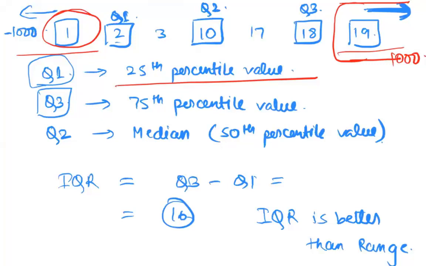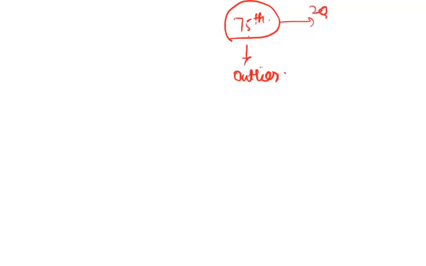Somebody is saying, what if the outlier is at Q1 or Q3? Calling something an outlier means that they are rare values, right? If it's rare, there is no chance that it can come at the 75th percentile value. Because if you're saying that your 75th percentile value is an outlier, then your definition of an outlier is incorrect, which means that there are 25% values more that are even further away than the outlier. And you can't call 25% of your data as outlier data points. Then it becomes part of the distribution.